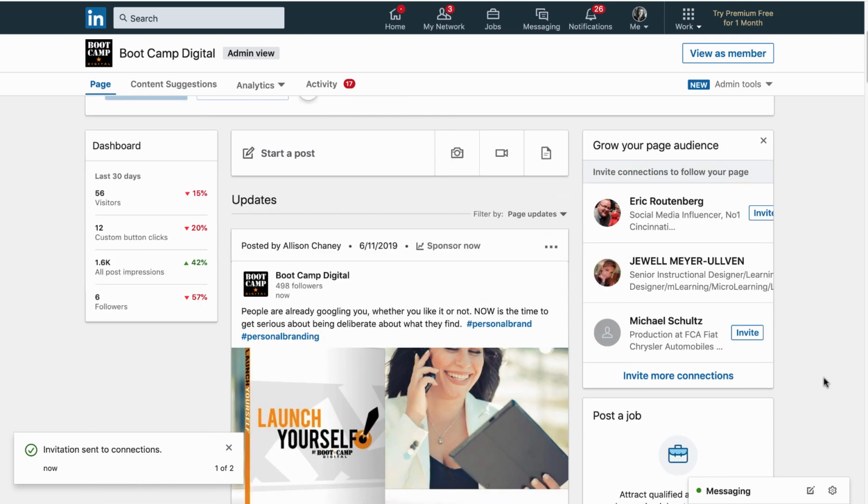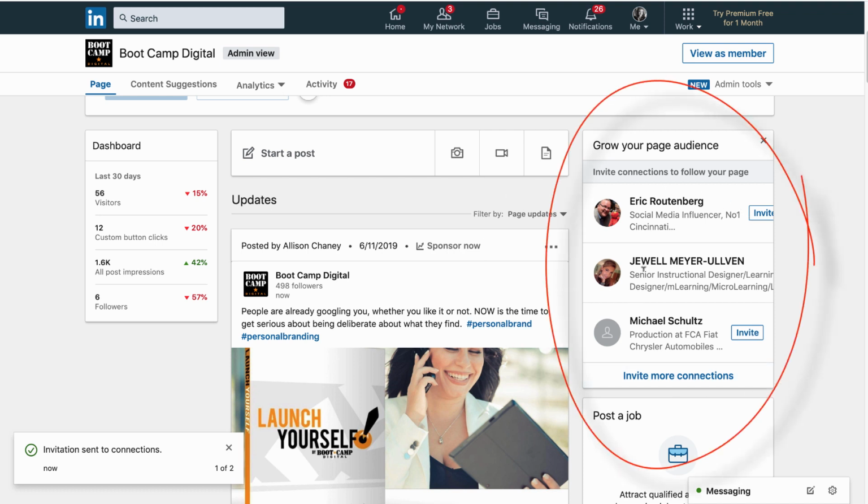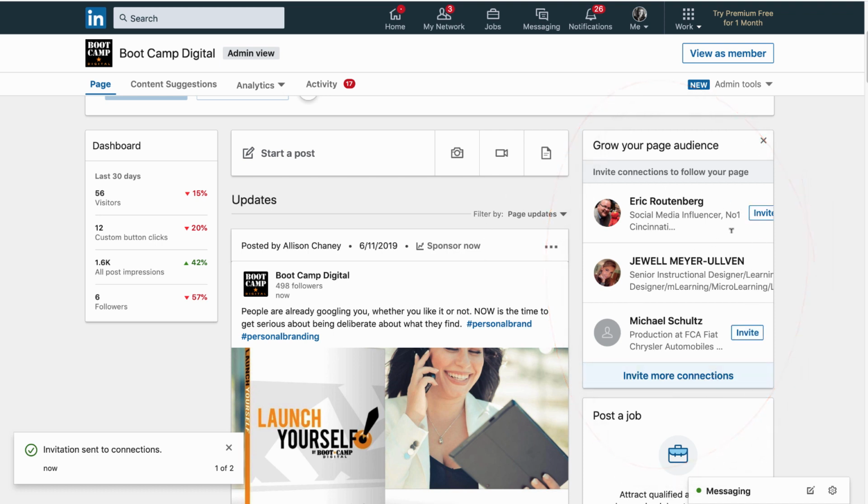There's also a feature on the right side of the page, so you don't even have to go into the tools at the top. It's right here in the page. It's in a pretty prominent spot, and you can simply go through, and if you see people here that are connections that you might want to invite, it'll suggest a few, but then you can even click this